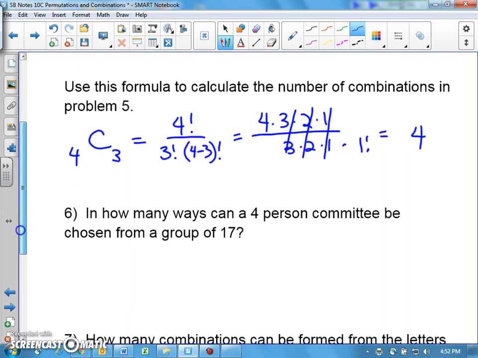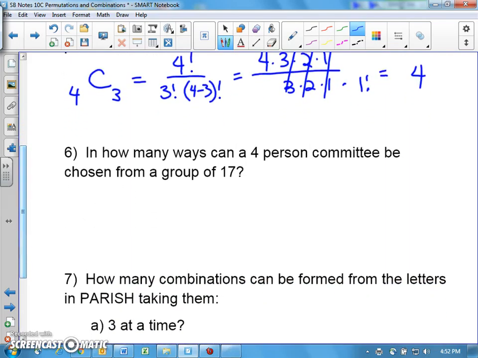Let's look at the next one. In how many ways can a 4-person committee be chosen from a group of 17? So I'm choosing a committee. I have 17 people to choose from. I'm going to choose 4 people. So we're going to set this up with our 17 factorial, but we're going to divide by 4 factorial times